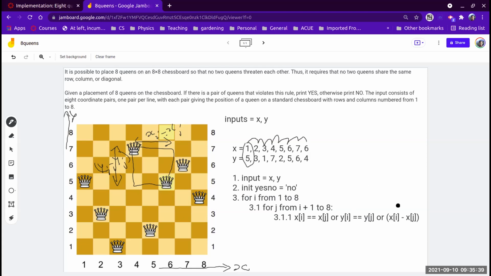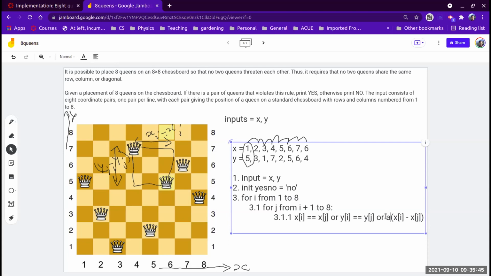Okay, so we can write the absolute value of that, and that equals the same thing for y. So the absolute value of yi minus yj. Okay. All right. So that's it. So if this is the case, we can simply